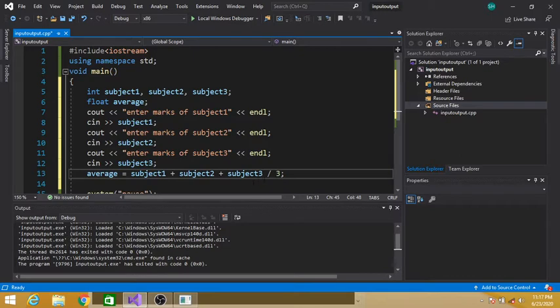Why? Because this division operator has the highest precedence, so subject 3 marks will be divided by 3, and that result will be added to subject 2 and subject 1, and that total will be stored in the average variable. But this is not what we want. We first wanted to add these three subjects, then divide the total result by 3.